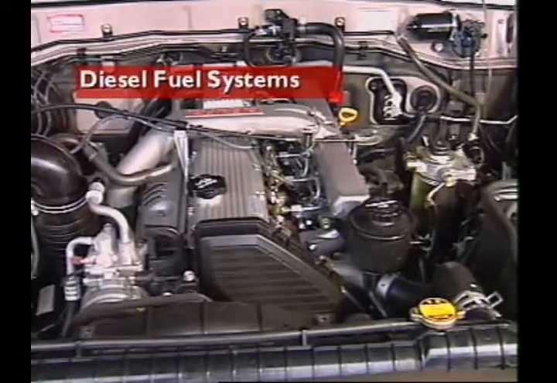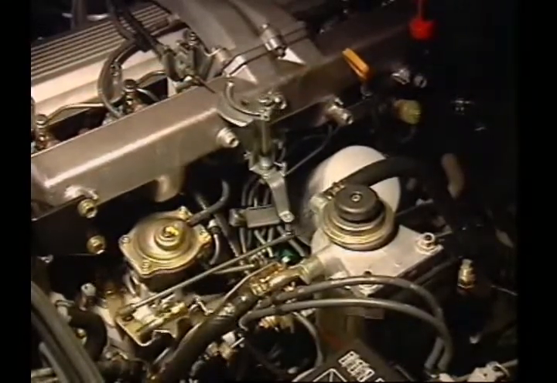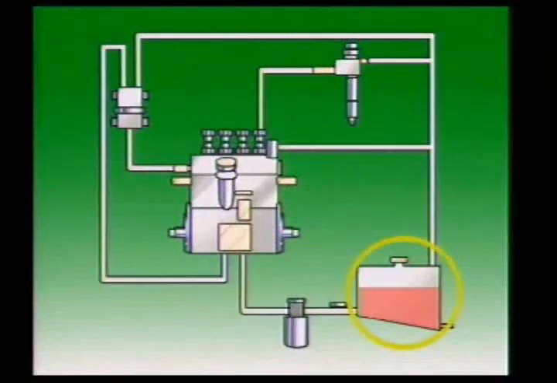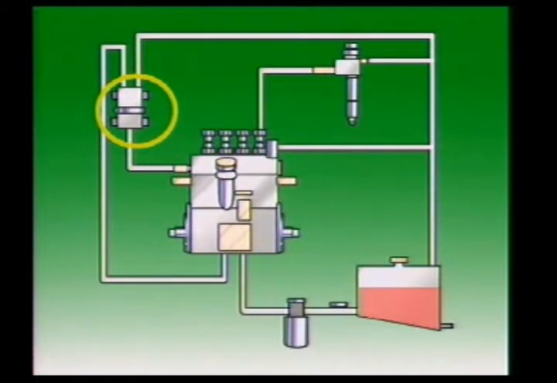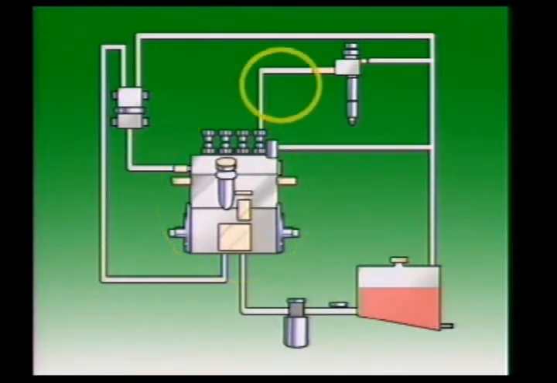This section examines the diesel fuel system. The diesel fuel system contains a fuel tank to hold the fuel, a fuel supply pump to supply the system with fuel from the tank, a sedimenter to filter out water, a fuel filter to filter minute particles from the fuel, an injection pump to deliver highly pressurized fuel to the injectors, injector pipes between the injection pump and the injectors,